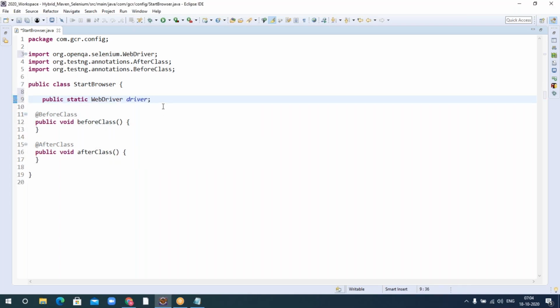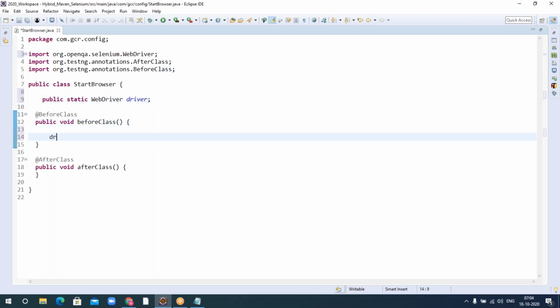Then let me write the logic for launching the browser. In the before class, I'll write driver equal to new ChromeDriver, which is going to launch a Chrome browser.